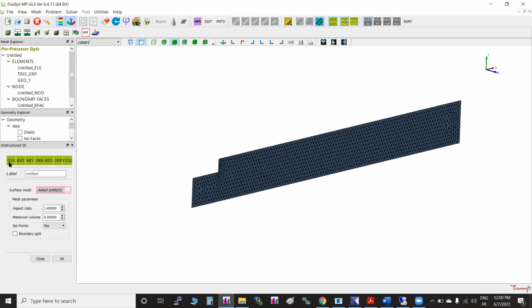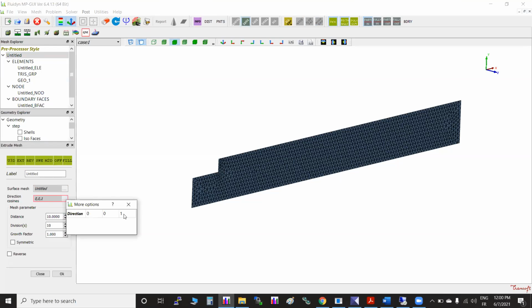So this is the direct 3D, unstructured 3D. Then the extrude option is there, EXT. Let me show you, then you will understand. I have selected the mesh, and in direction cosine I'll just select the Z direction. You can also open it and put a direction cosine. If you want to put it in a particular direction, you can give its direction cosines. Or if you don't want to do that in a random direction, you can always take the face mesh and one edge from the geometry, and we can do what is called a sweep mesh. Sweep mesh is the option there.